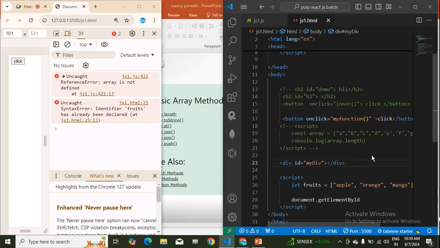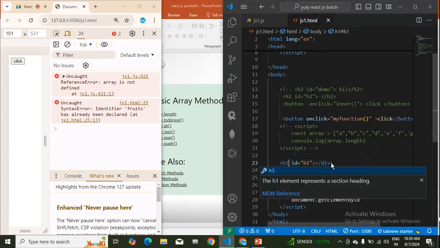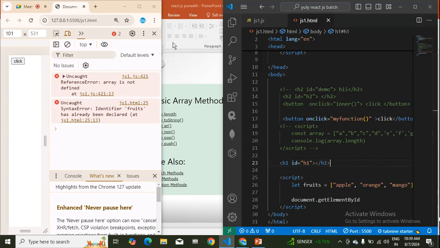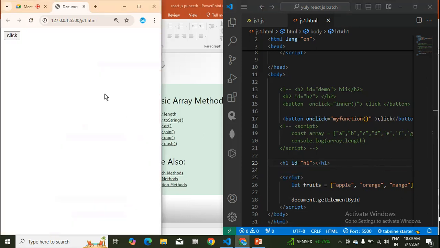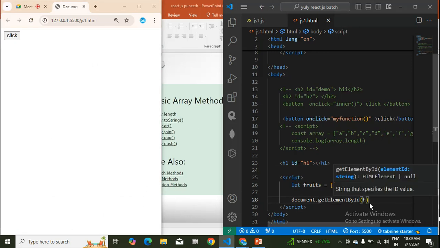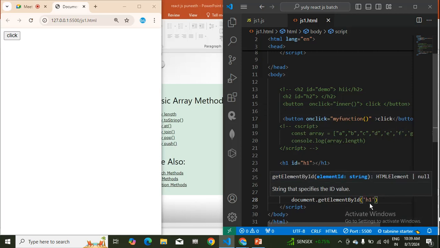Okay, I'll take the same thing. So I'll just take one div, or I'll make this as h1, and even h1 I'll make this h1. So I'll directly display over here. I don't need console.log. So I'll just come and print here h1 and dot